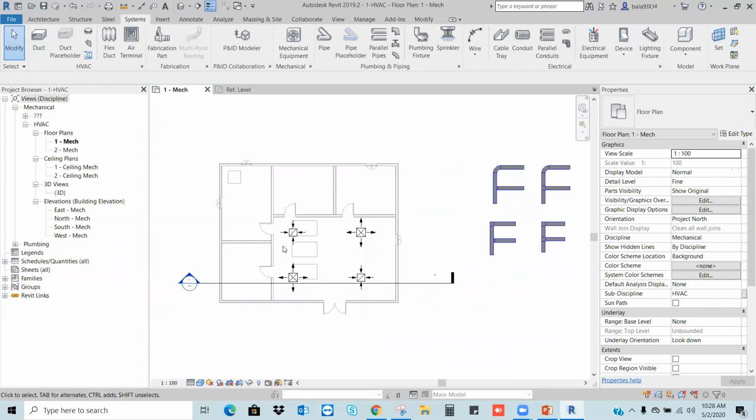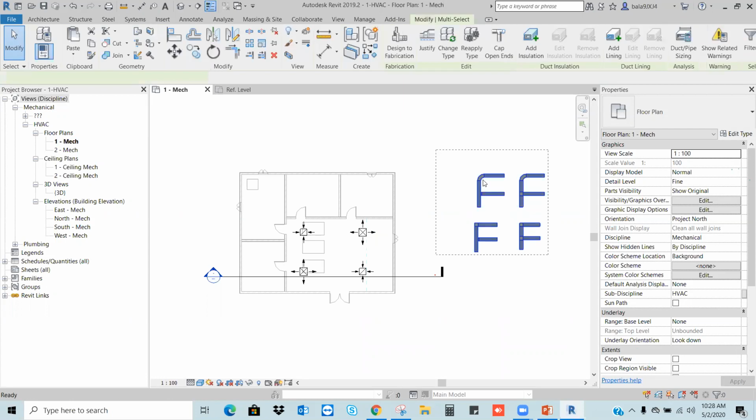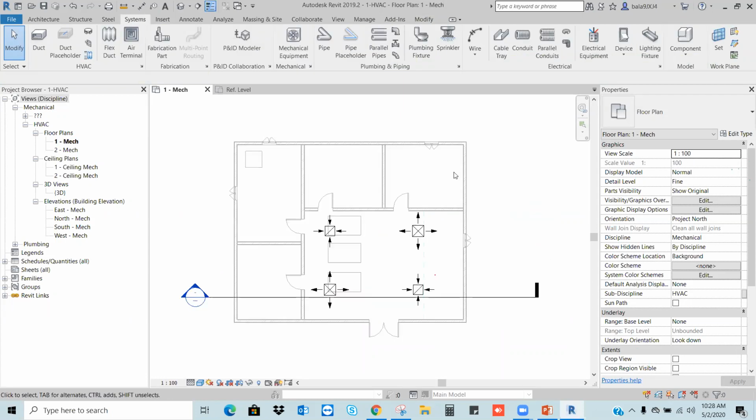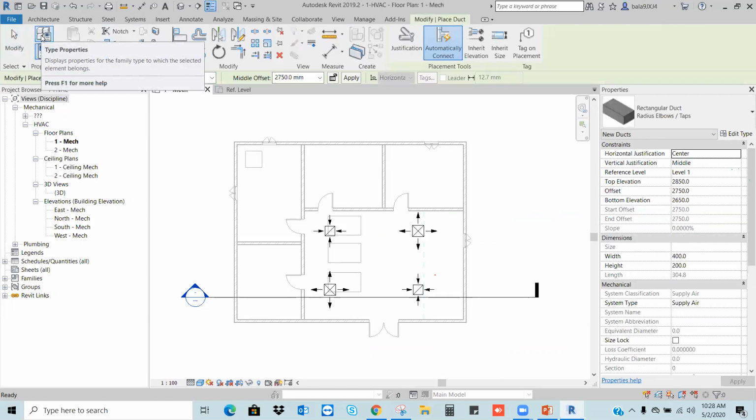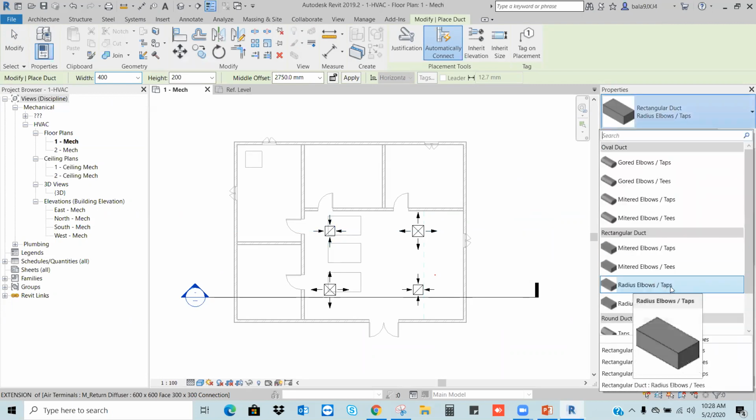Let's say now I am going to draw the duct to connect these diffusers. I want to delete this. Okay. Let's say now I am going to take duct. First I want to draw the supply duct. Here I choose my type of the duct, which is radius elbow with tap,